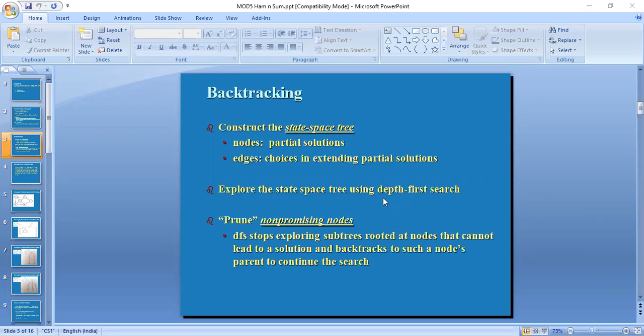Hello students. In the last class, we were talking about backtracking. So in backtracking, you know that we need to construct a state space tree. In a state space tree,